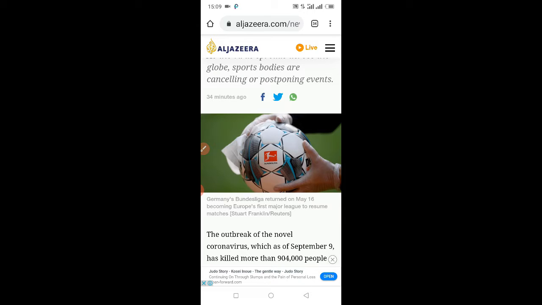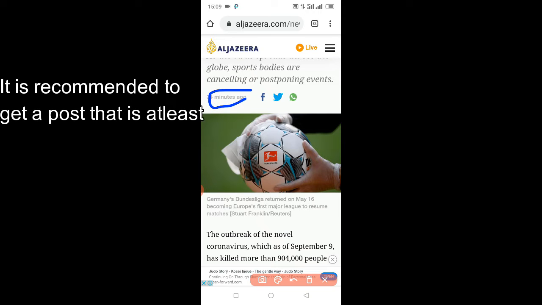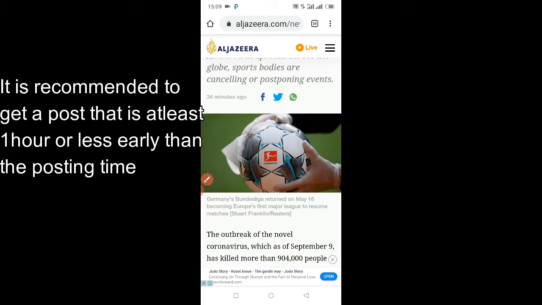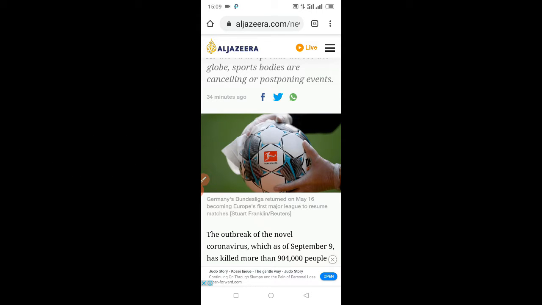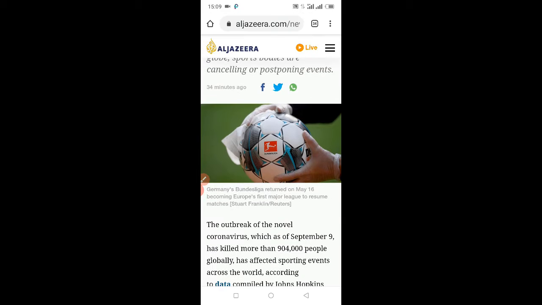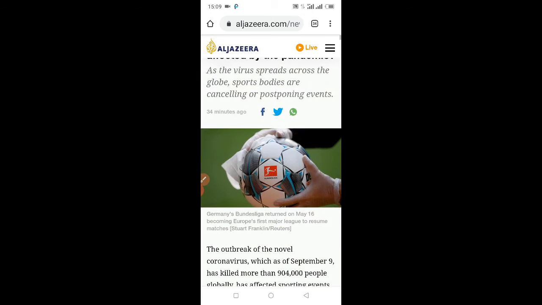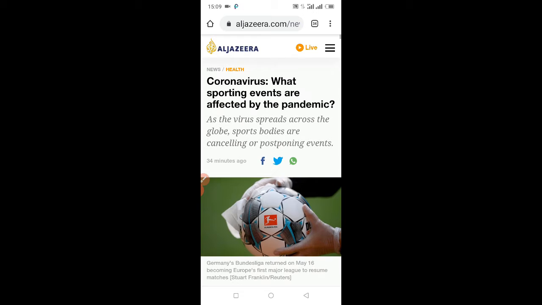So like here, my post is just 34 minutes ago. Right there, it's just 34 minutes ago. And so you can't just get news from 1990 something and just post it right now, unless maybe it's an article. It can't be news unless it's an article, a documentation or something like that. But when you're posting news, it has to be latest, and most of all, it has to be trending. You just don't get any boring news and post it there. It has to be something which is most read.